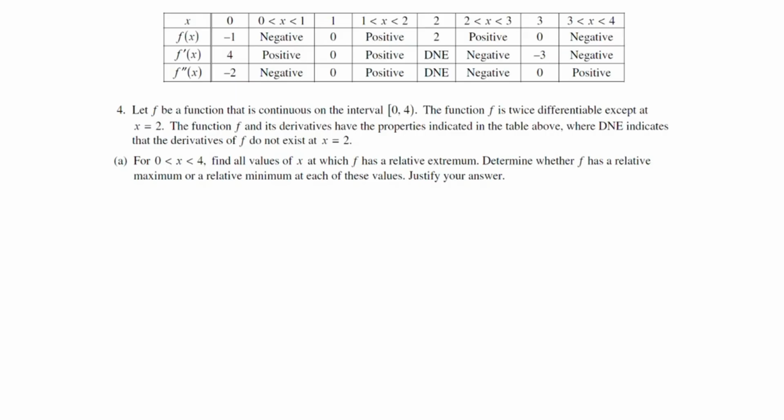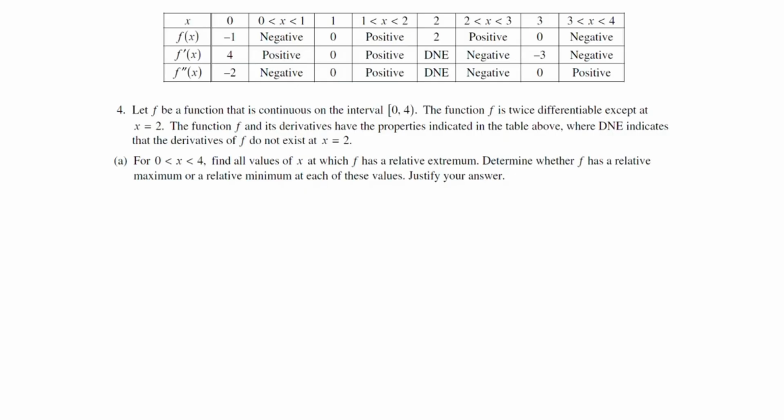All right, this is question number 4 from the 2005 AP Calculus AB exam. This is a function FRQ. We've got a function f that's continuous from 0 to 4, and it's twice differentiable except at x equals 2. And f and its derivatives have all the properties shown in the table, and we can see that where it says d and e, that means that the derivatives of f prime and f double prime don't exist at